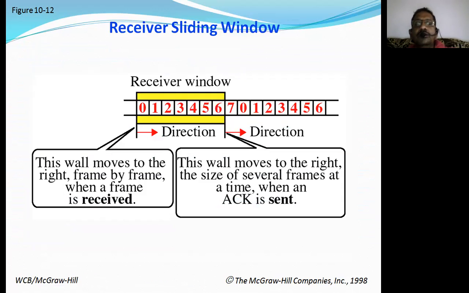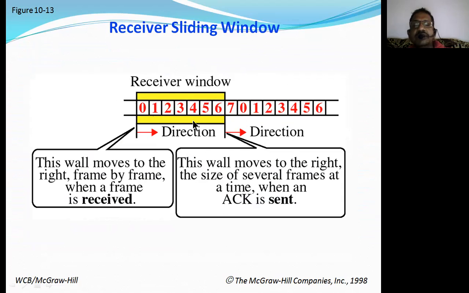So let us view this on the receiver side window now. On the receiver side, the same thing is going to happen. Receiving also happens frame by frame, so a window is allocated to this. Once all the frames are received, this window is going to be transferred to the next window based on the acknowledgement. So this wall on the left-hand side moves to the right frame by frame, not by window.